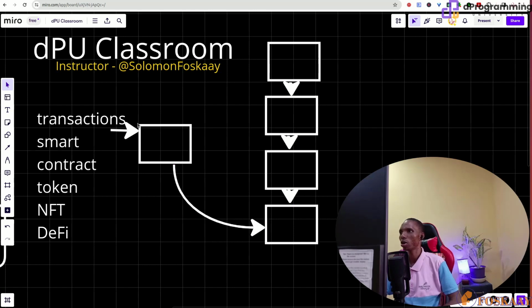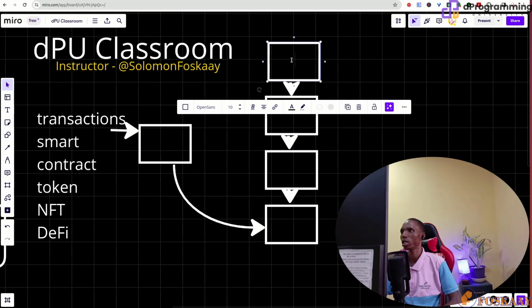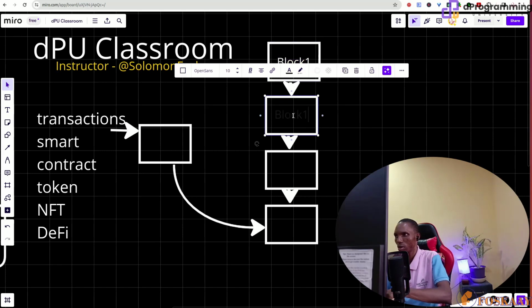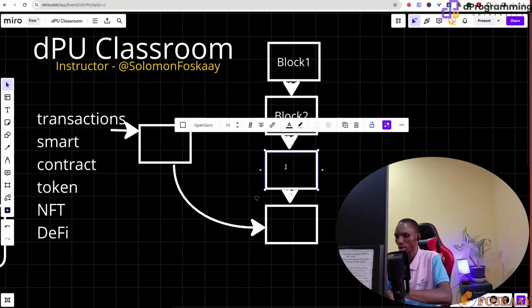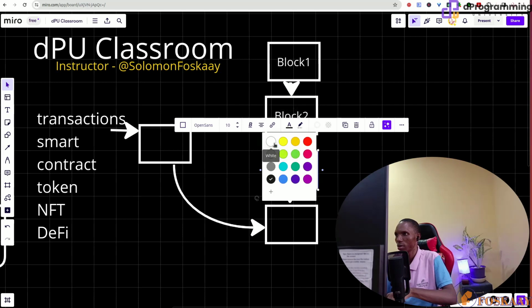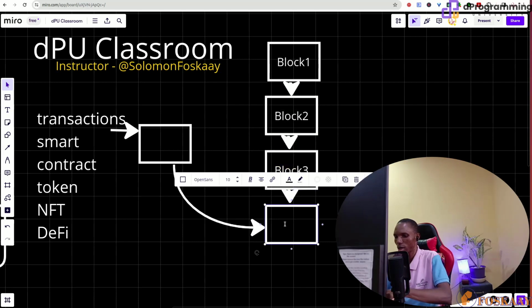So it goes through all those things, and before you know it, this will be block 1, block 2, block 3, then block 4, and so on and so on.